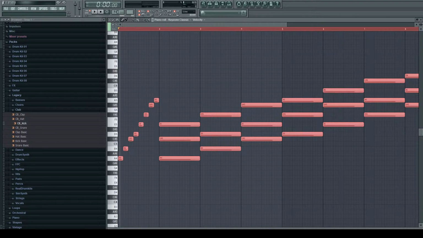I'm not gonna call this intervals, I'm just gonna call it a pattern. So let's go to the